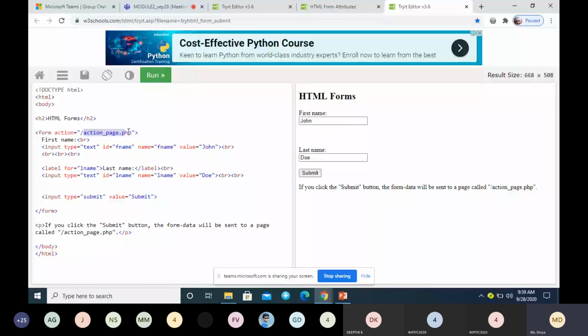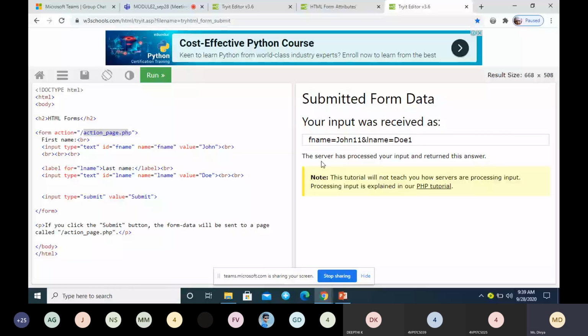When I click on the submit button after entering the details, assume that I have entered some detail, John, 111, and some name. I click on the submit button. Now when I click on the submit button, it has to take me to this page. See the URL. I don't have action page.php now, but when I click on this,